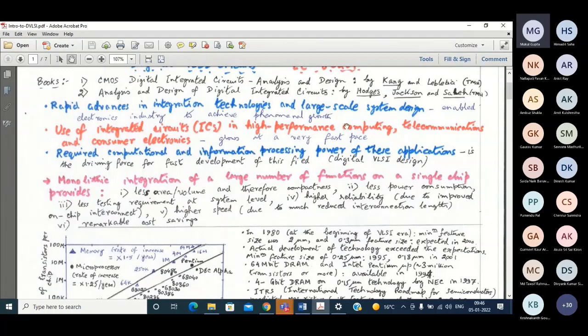Why do you need such complicated design? The answer is that in these three domains, performance computing, telecommunication, and consumer electronics, different equipment and electronic products are required,